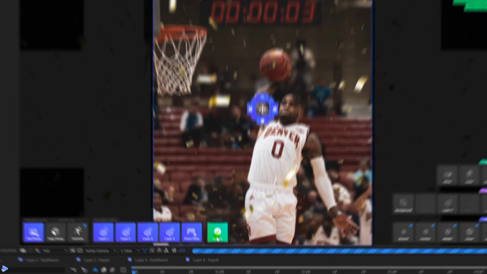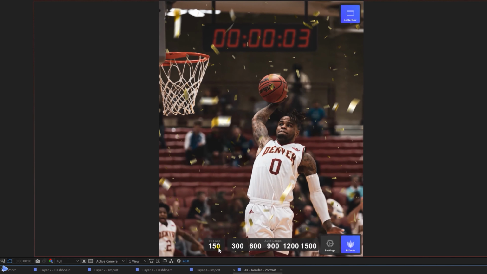With that said, just click on the export button down here and that will bring us into the render screen. If you've never used Photomotion before or are just confused, let me explain these numbers very quickly. This is the Photomotion Perfect Cut system. What this basically tells us is how many frames in our animation we need to render in order to have either no loops, 150 frames in this example, one loop, 300 frames in this example, two loops, 600 frames in this example, and so on and so on.